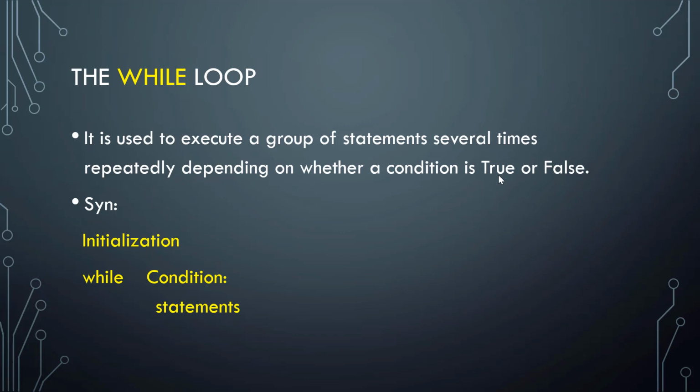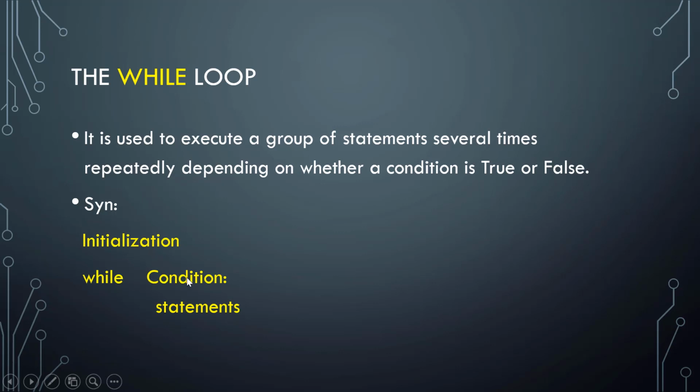So first it will check the condition. If the condition is true, it will execute the statements. Then it will do the next increment or decrement depending upon the statements you are writing. If that is okay, again it will go and check the condition. So it keeps on iterating here itself. Initialization will be done only once. Condition, it will come and check for the first time, and colon is compulsory. For if, for elif, for all, we have to write this colon.